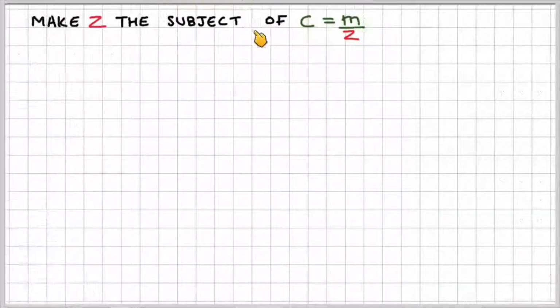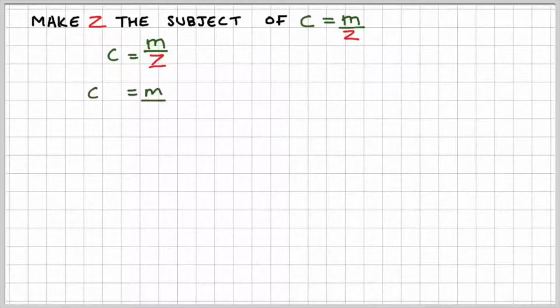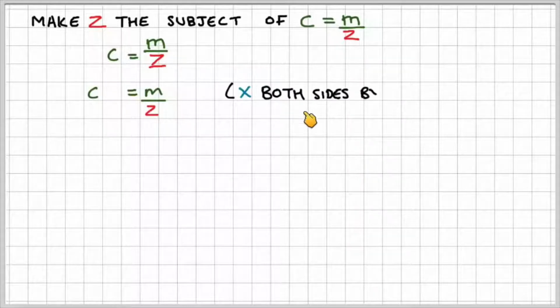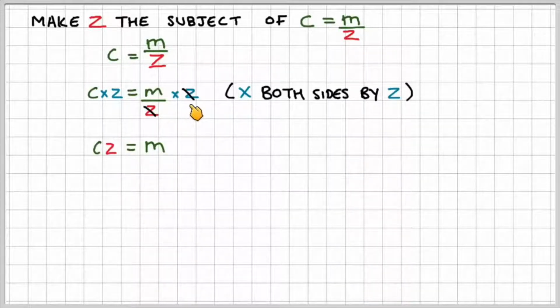So make z the subject of c equals m over z. First things first, we can write the equation. c is equal to m over z. Now in the next step, I want to multiply both sides by z. So that gives me c times z is equal to m over z times z. This allows me to cancel out the z on the right hand side, which just leaves me with cz equals